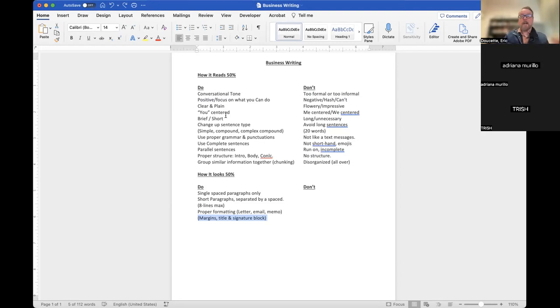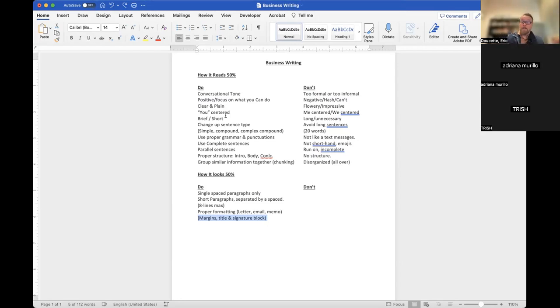Unless you have a really short document, it should be 1.5 inches maximum. There's always a title block of some sort in business writing. Whether that be a memo title block that has the to, from, date, subject, an email title block that has the to, from, date, and subject, or a letter which has inside address, return address, or letterhead, those are all what we call the title block of a document.